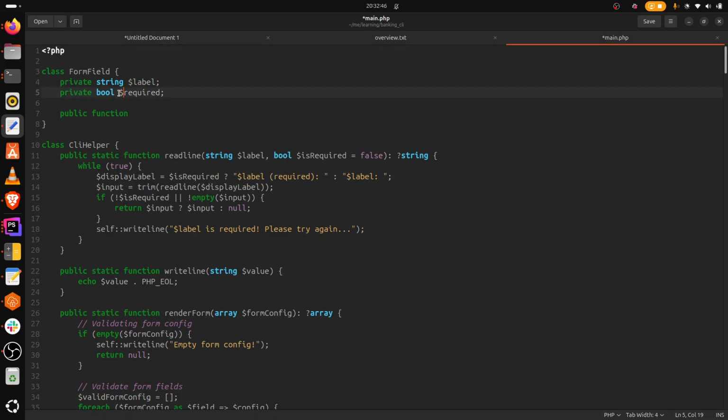But for the required, we want to make it optional. You don't have to provide it. So if you don't provide it, we'll use the default value. Okay, so we'll say construct,